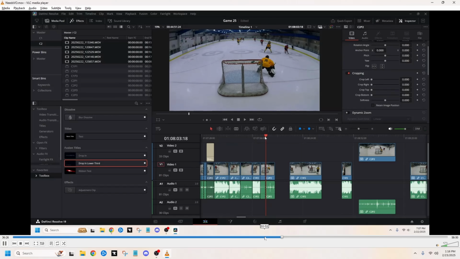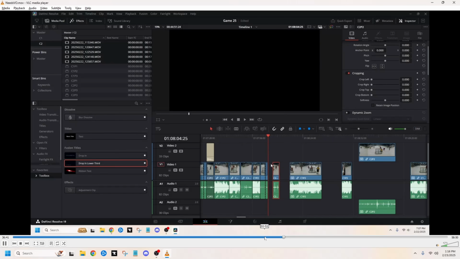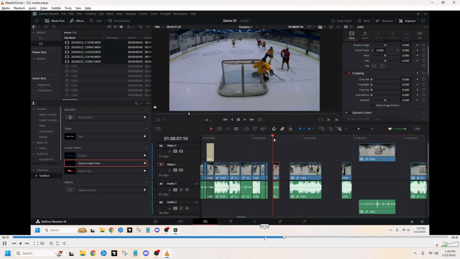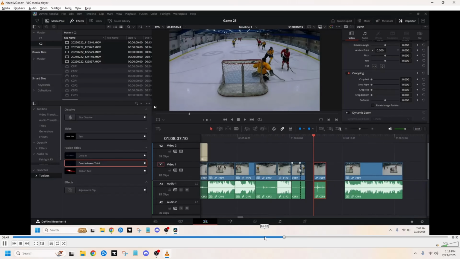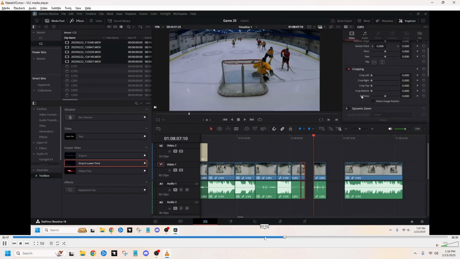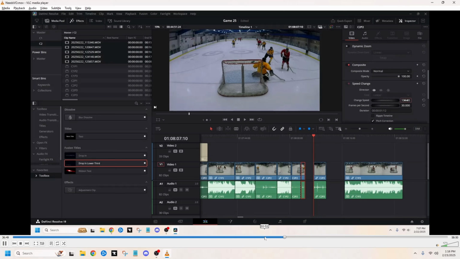My guy gets the shot off. Kevin makes the reaction, it hits him in the collarbone, and I know he's hurt, so I put the Control B right there. I'm using the arrow key to go frame by frame. And then I do another one, and I drag this out. I'm going to zoom in, highlight, speed change,